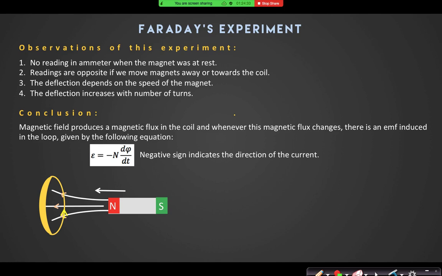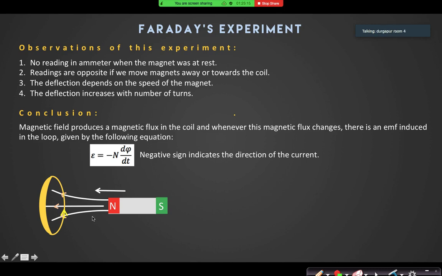Coil is a closed loop, that's all. So if you have a coil and you have placed a magnet in front of it, you can say that the magnetic field actually links with that coil. So what will happen if you move that magnet? Then the magnetic field that links with that coil changes, right? Basically the magnetic flux changes. The area of that coil remains the same, but if you take this magnet away from the coil, now a lesser number of magnetic field lines are going to cross that loop. Yes or no?